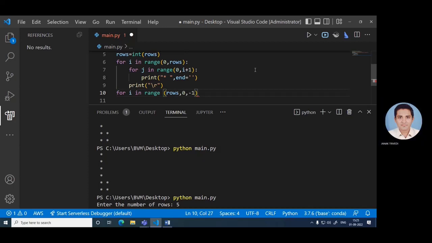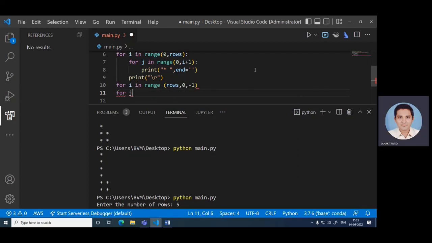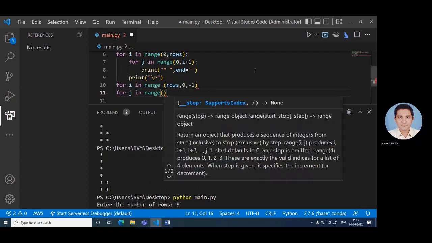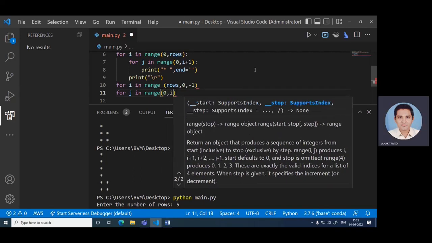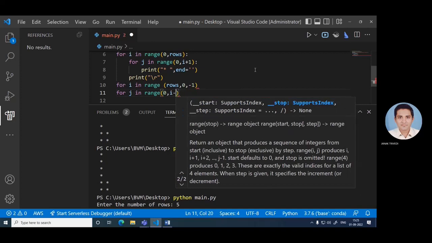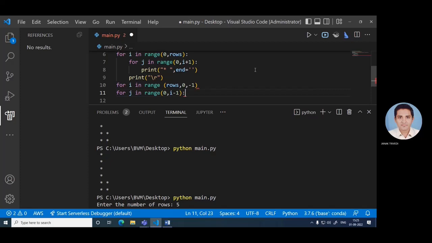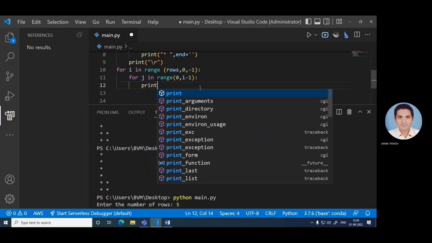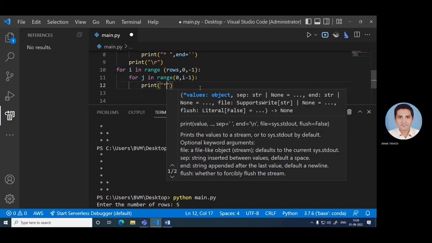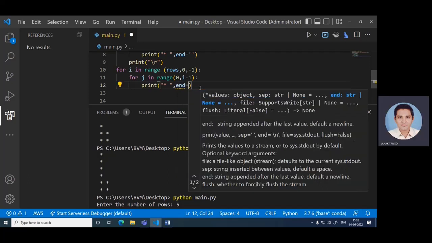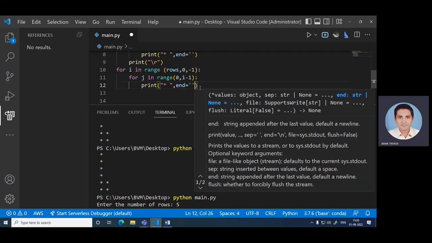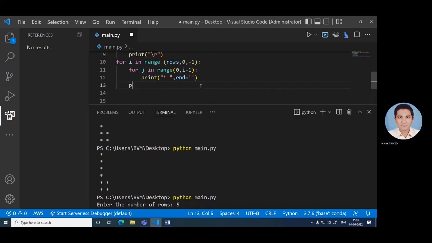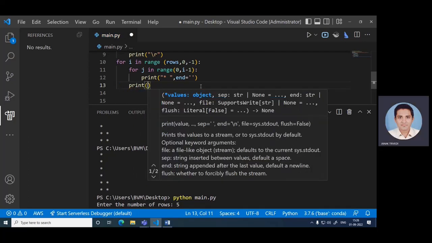So for j in range 0, i minus 1, in this case print asterisk sign, with space and equal to, and finally print. So